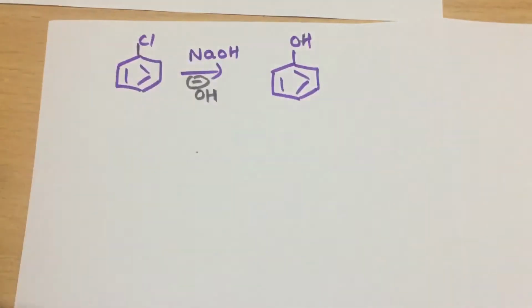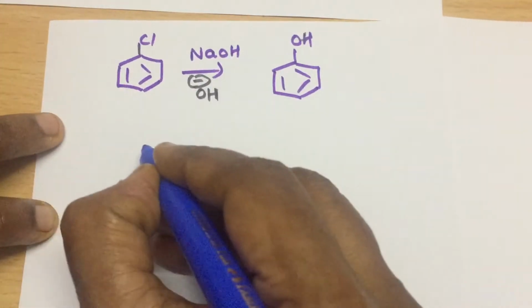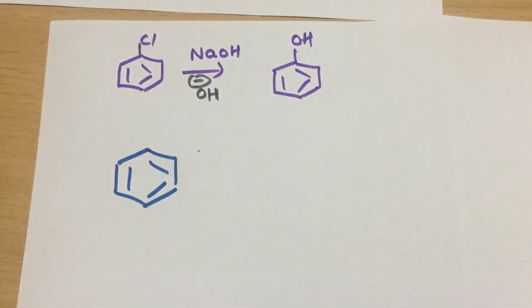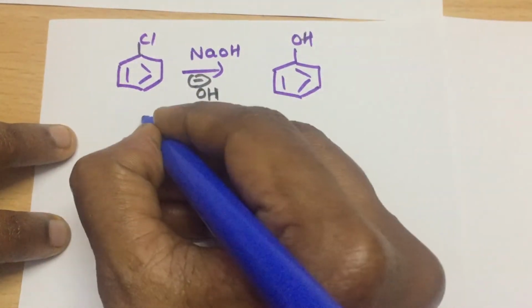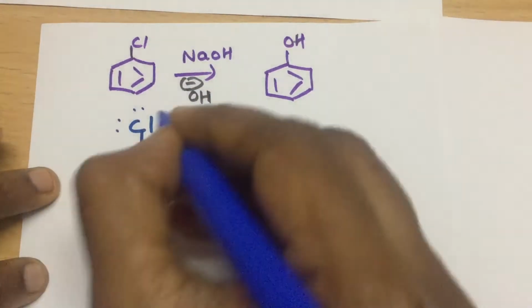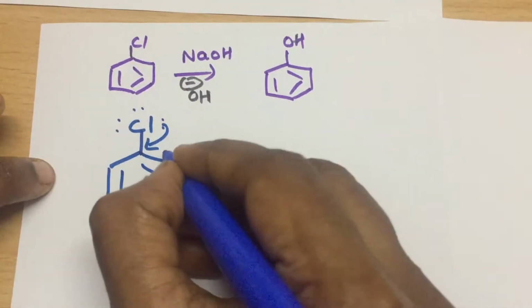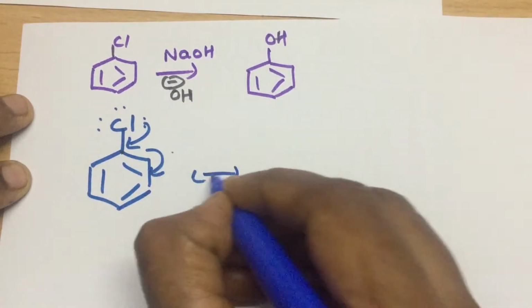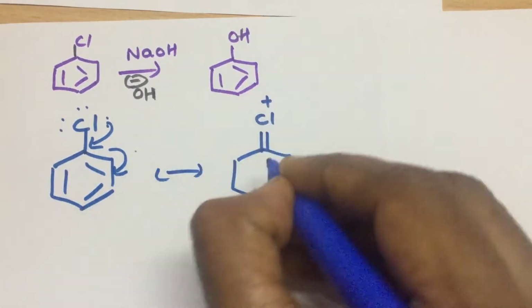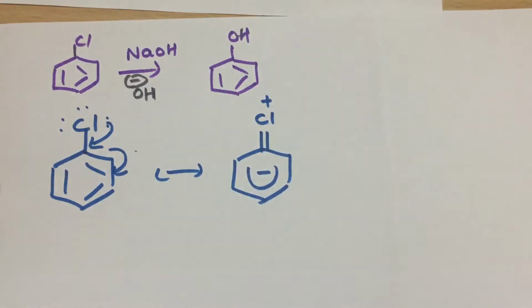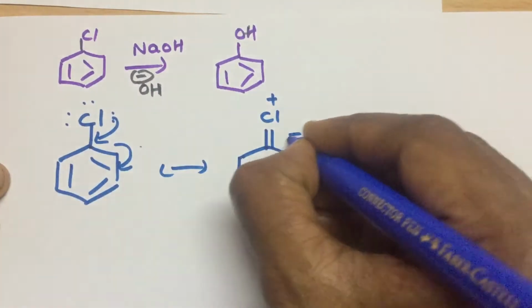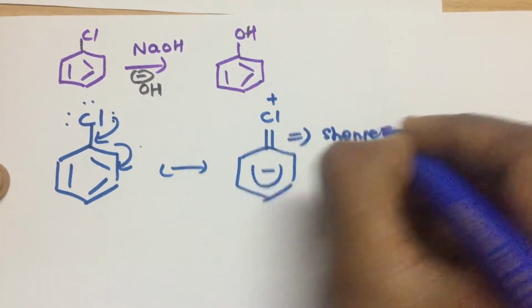First of all, we must learn about the nature of chlorobenzene. What makes it different from alkyl halides? The aromatic halides are different from alkyl halides. Any halogen, not only chlorine, has lone pairs, isn't it? So it is involved in resonance inside the benzene ring. Because of this, the chlorine bears a partial double bond character. This is involved throughout the ring. This makes a double bond character with the carbon, so this makes the bond even stronger. It is a double bond, not a single bond.